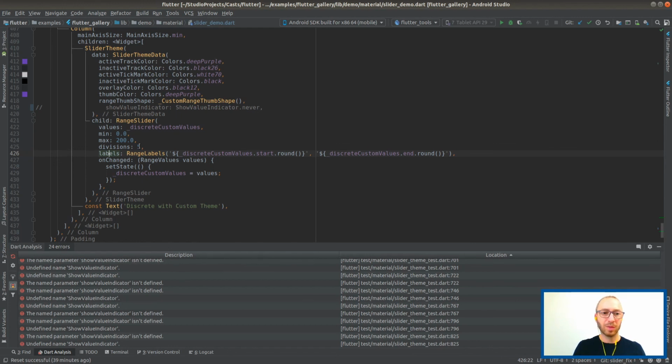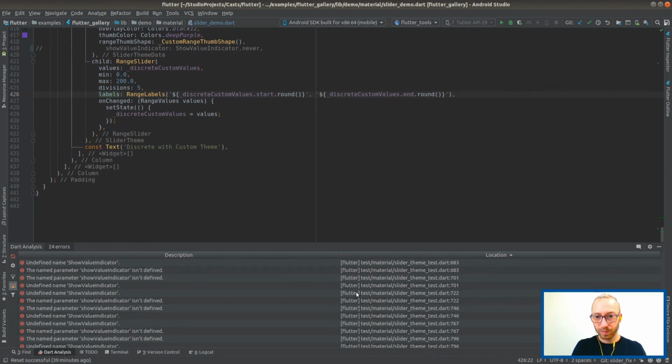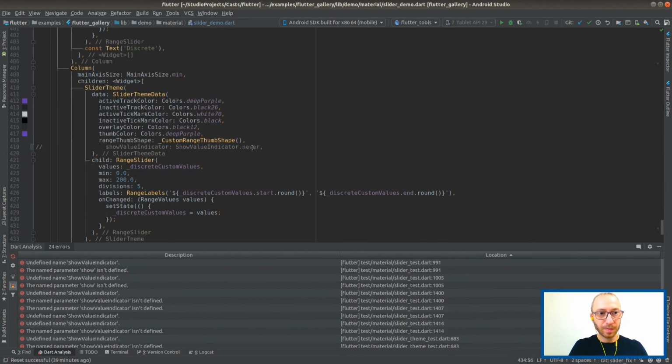Yeah, that's weird. No, I think that should be fine. So, right? And I think it compiles because it doesn't compile the tests. Yeah, that's a weird fix.